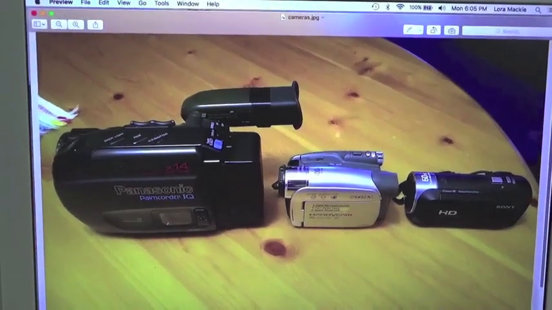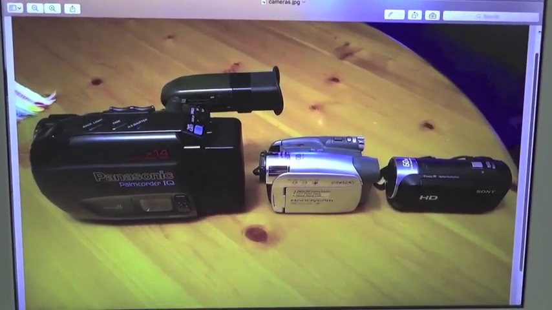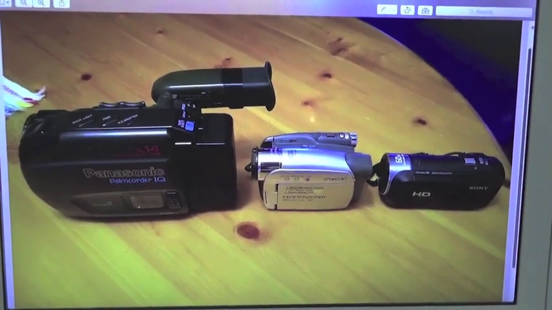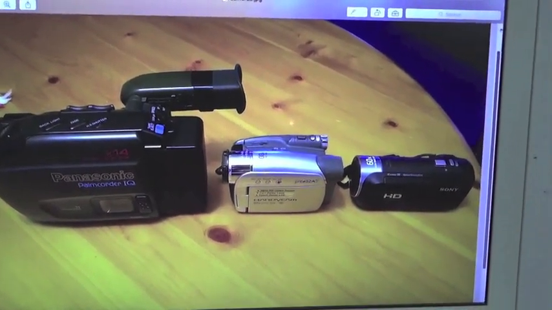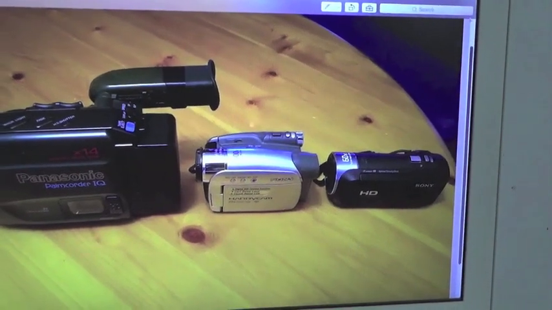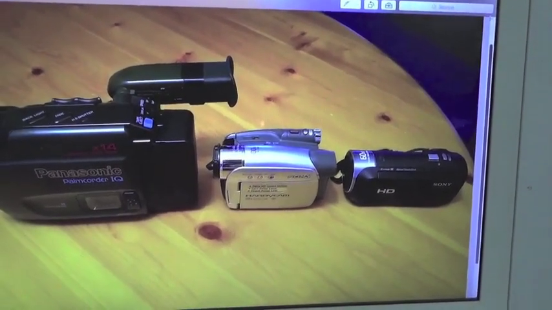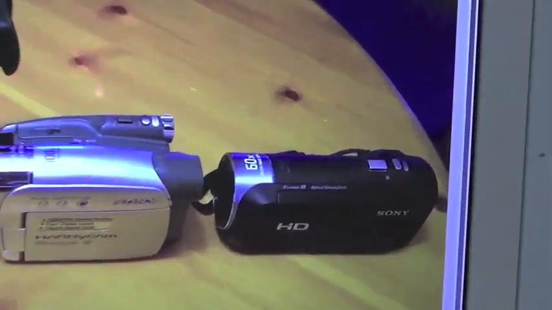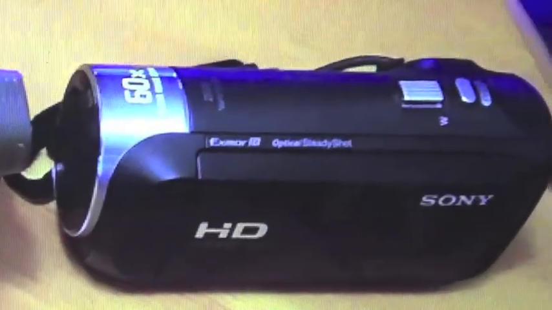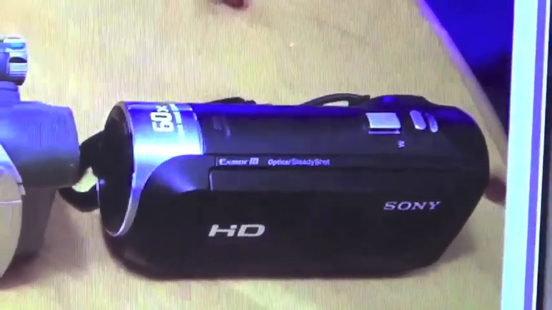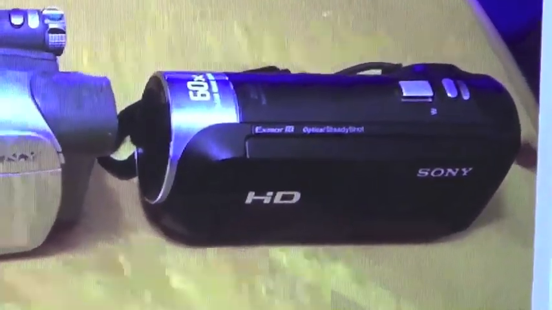This is a history of the video cameras that I've purchased in the past. The one on the left I got in 1995. The one in the middle I got in 2005. And the one on the far right I purchased in 2020, which is classified as a high-def camera. And since I'm using this camera to film this, you're not going to see this camera again throughout the course